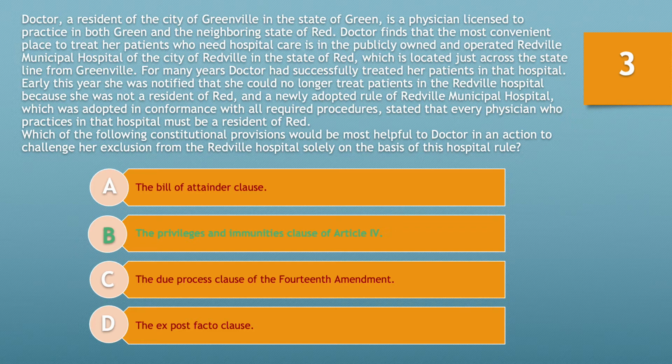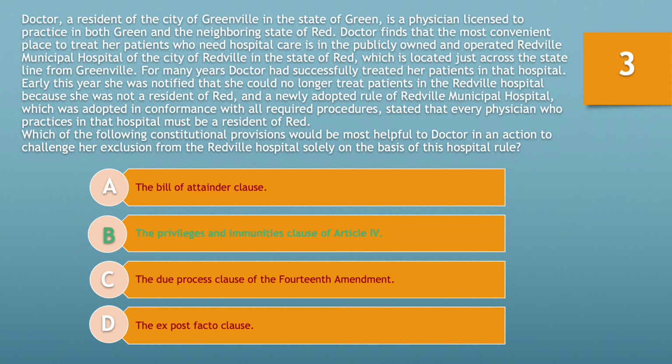Now let's analyze the other options and see why they're likely incorrect. A, Bill of Attainder Clause, not especially relevant. A Bill of Attainder generally is a declaration or some sort of decree which makes a group of people guilty of committing something already. That being said, not especially relevant here. There's been no violation of such that was created. Ultimately, the doctor was just simply not permitted to practice.